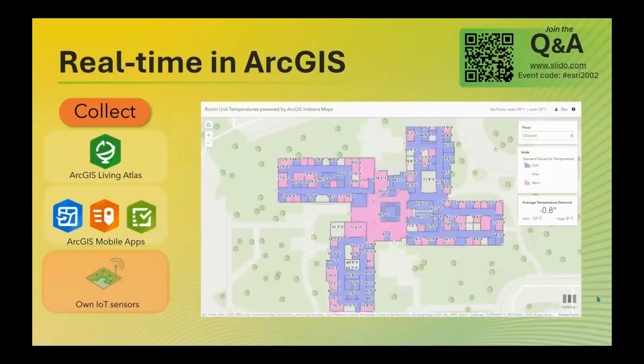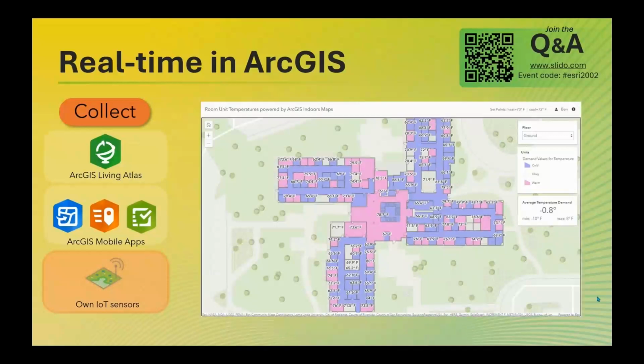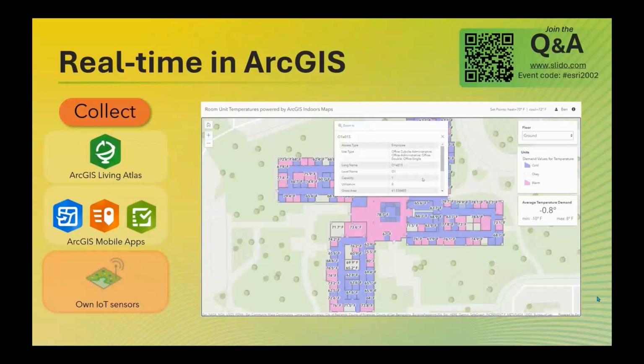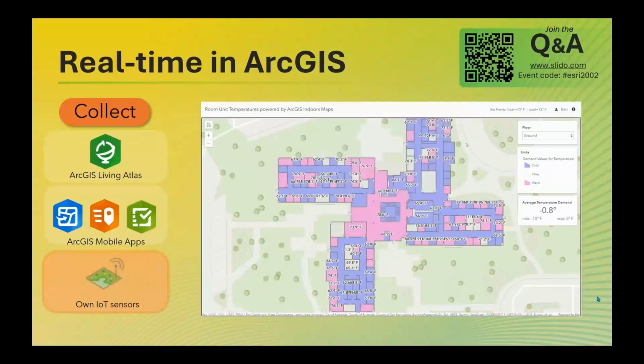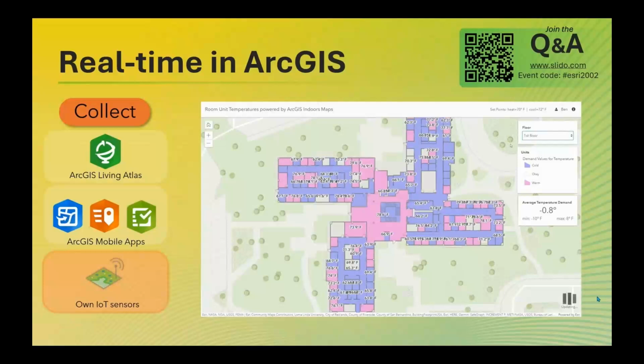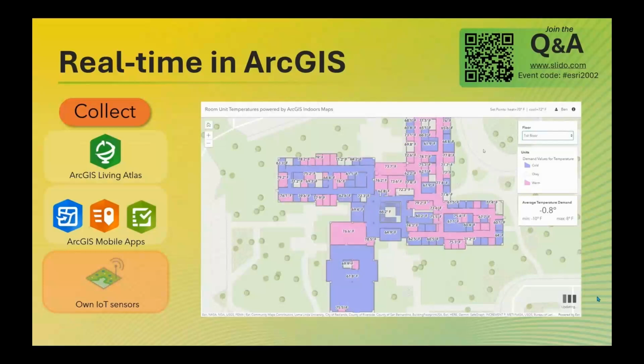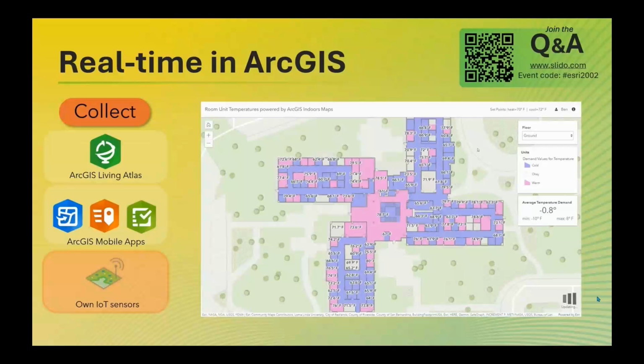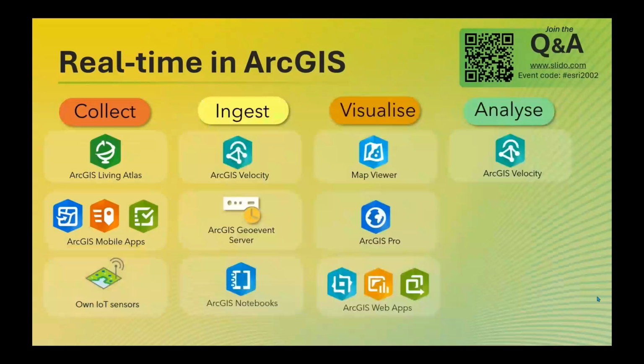And as Claudia mentioned, we also have your own IoT sensors. So Internet of Things is permeating our world at an incredible pace, even to the point where we can map buildings and we can add sensors inside buildings. And these sensors, in this example, showing us the temperature inside every room. We can make sure that everything is functioning as it should. We can also combine this with sensors that tell us whether there's somebody in the room, so we can turn heating off inside the room. We can mix and match, which gets us actually into, from the collect side of things,